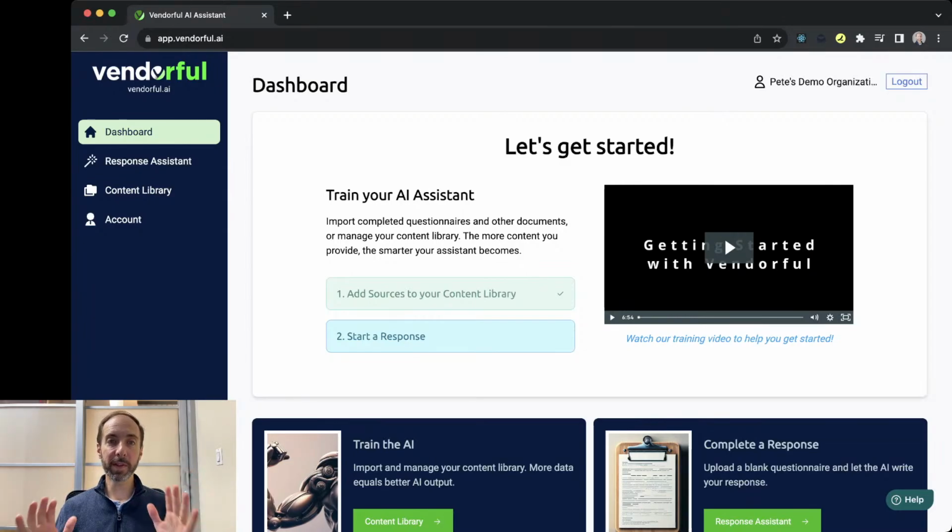So Vendorful's AI Response Assistant uses artificial intelligence to understand your existing content, that's past RFPs, past security questionnaires, and also other supporting documents like policy documents, customer case studies, whatever it is that you think would be helpful, that you draw upon to respond to security questionnaires, RFPs, RFIs, etc. That can all go into your content library, and we process that to understand it,